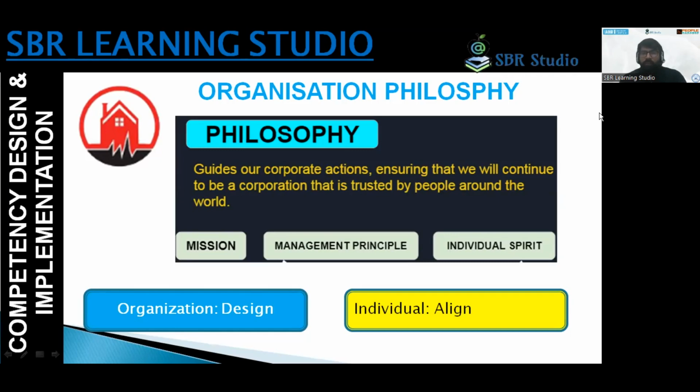not aligned with their organization philosophy, or they don't have one, even though as per the Companies Act 2013, every organization should have mission, vision, and values in their memorandum of articles, what they have to achieve. But is that really working on the ground, and are they having such philosophy available in their ground level working, so that you can ultimately design an effective organization for your business or your company.